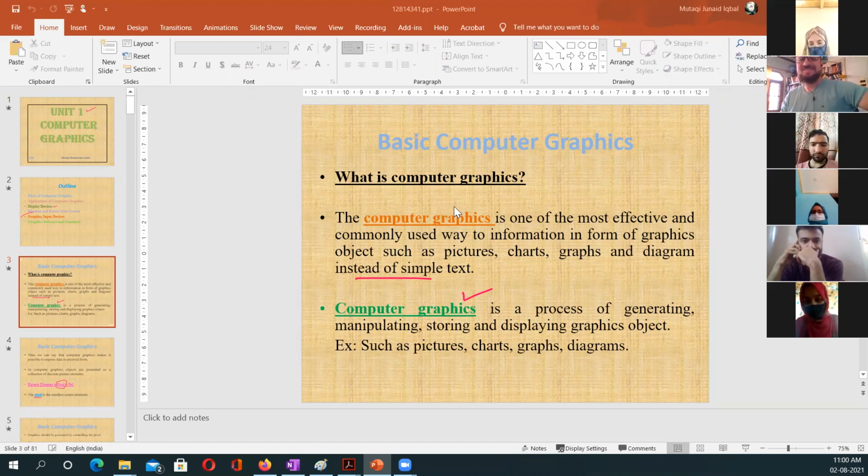Nisa is here, yeah, that girl who sits next to Samina Jafar, right? Anyways, so